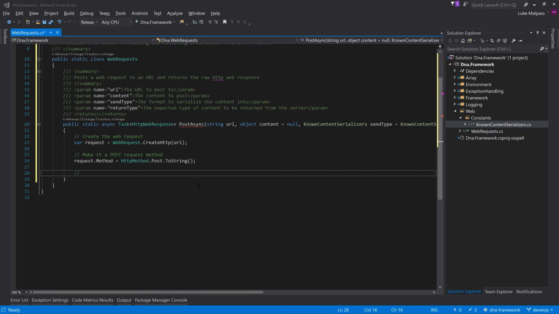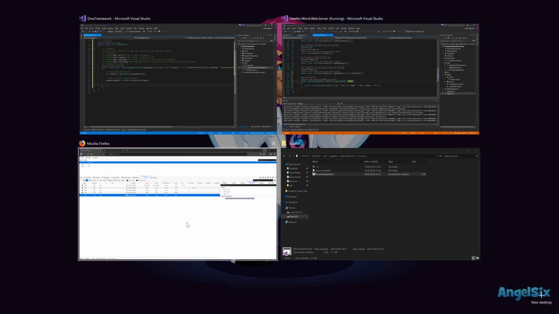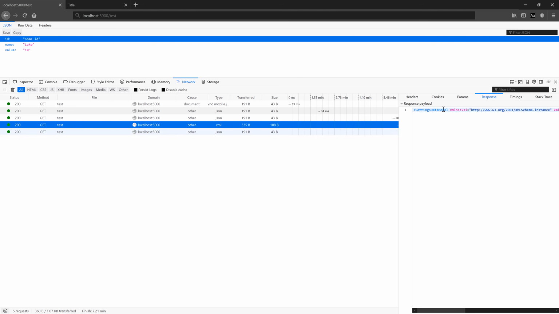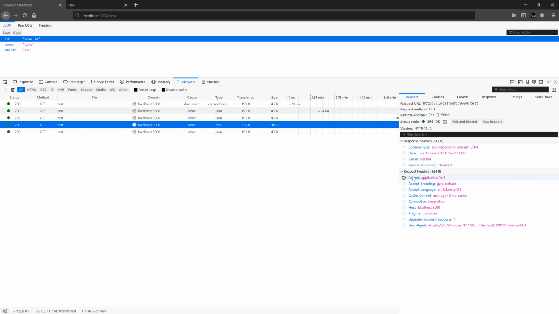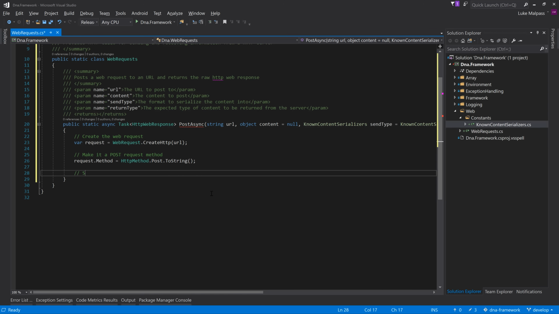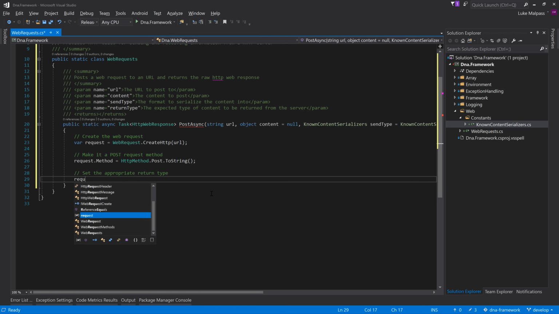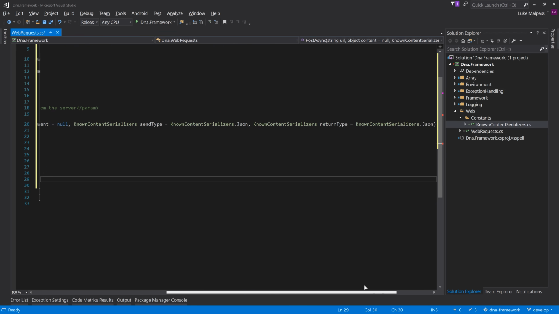So as we mentioned in the, where are we? In here, when we requested XML, in our headers, we accept application/xml, and this is a MIME type. So what we need to do is set the appropriate return type. So we want to set the accept header, and that I believe is just a string. So we want to set it now to the MIME type based on the known content